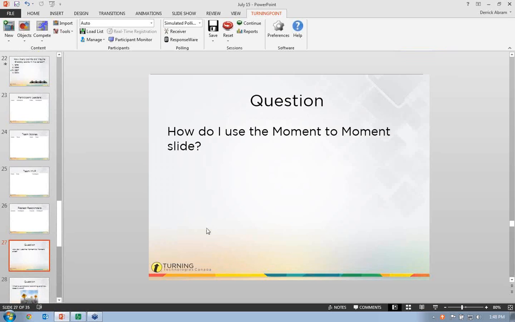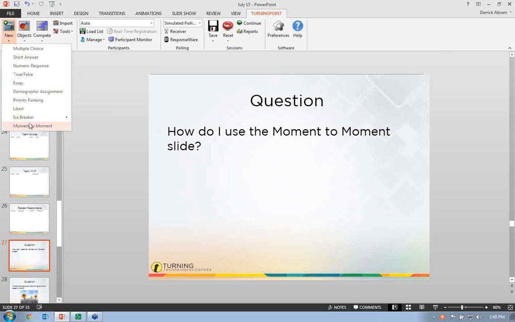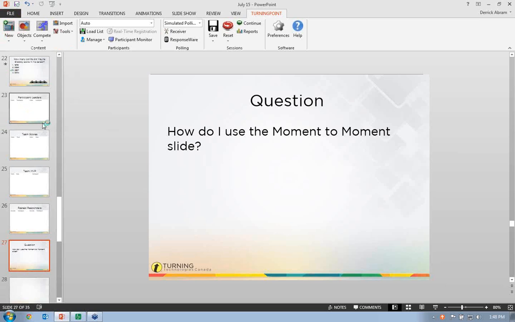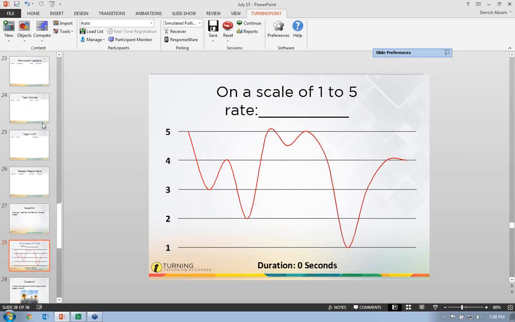Okay, moment-to-moment slide. How do I use it? It's a feature that's in TurningPoint that gets used occasionally, but not a lot of people necessarily know about it. It's found in the New dropdown. It's the very bottom option. And we see this used with focus groups quite a bit because what it's going to do is, let's just say you were facilitating a session and you wanted to air a new radio commercial